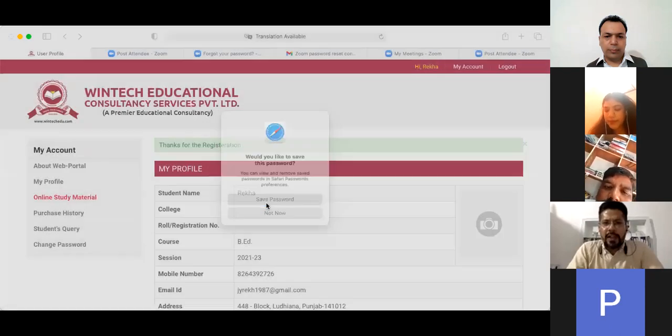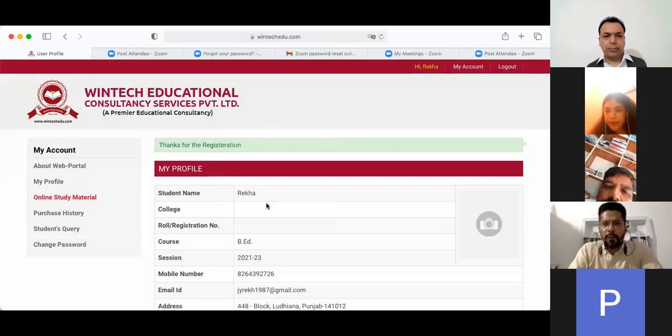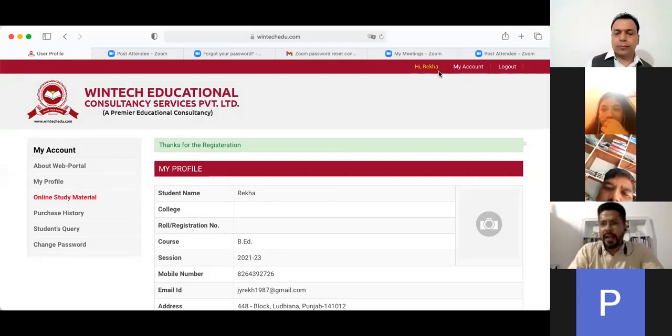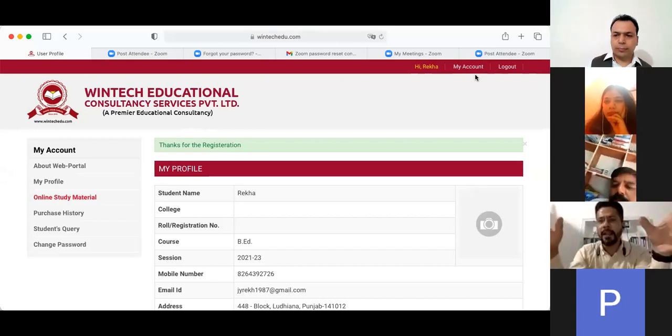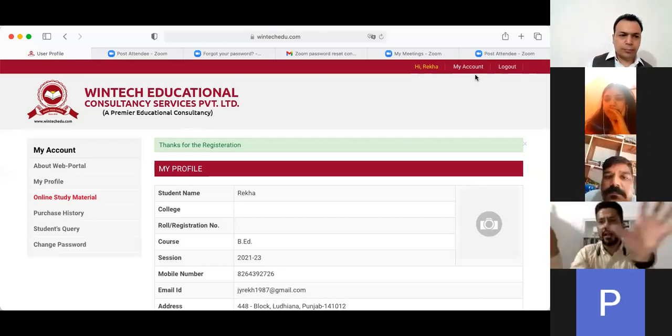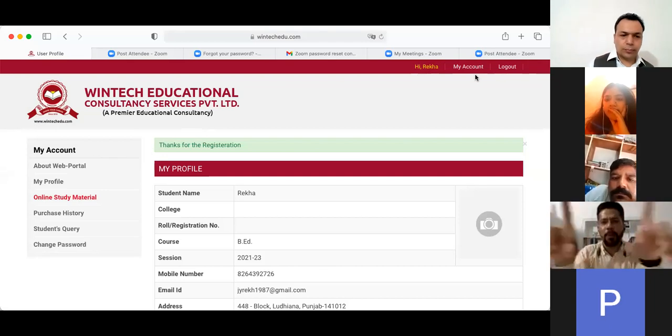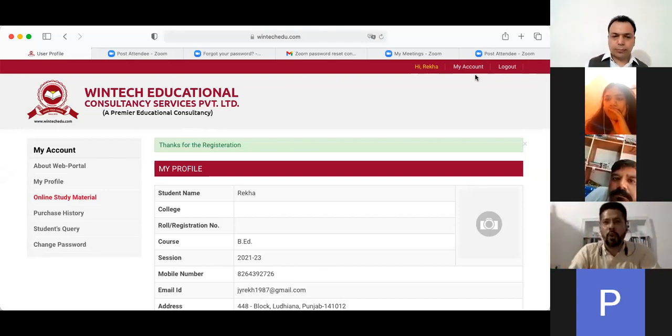As you click create account and check out, your profile is created, and you can see your profile. First of all, your interface opened up. Now there is a welcome note you can see over here: Hi Rekha on the top. This has become your personal interface, kind of like your Facebook account. Am I right? On Facebook you have your Hi Rekha. The same way, this is your personal interface that will show up whenever you open it. It will address you with your name.